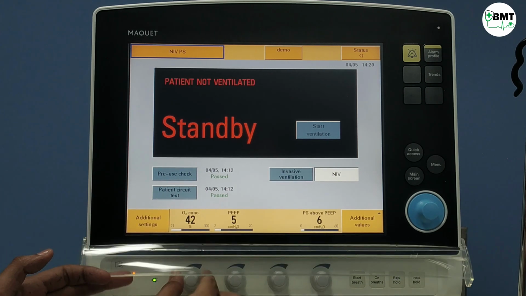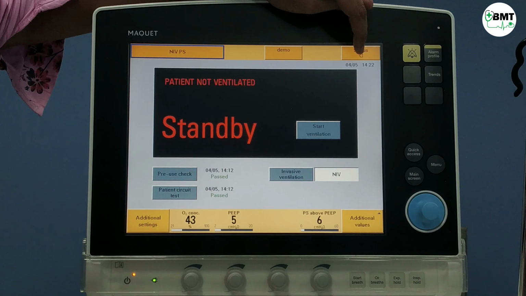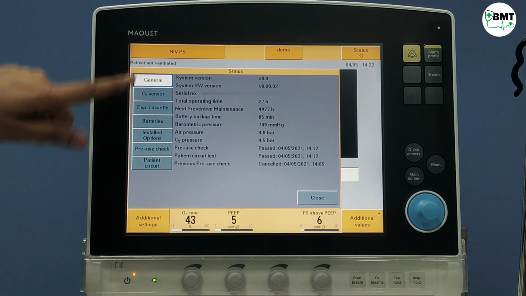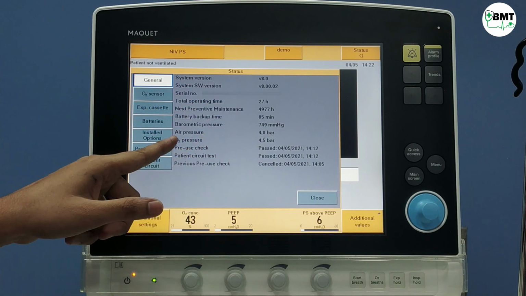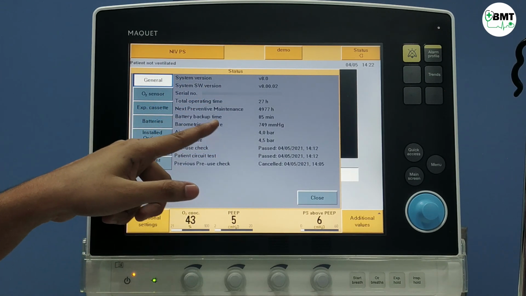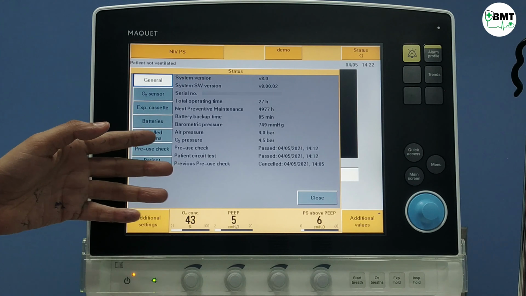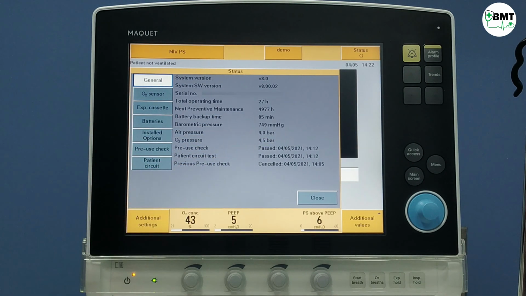Then acknowledge. This is the status bar. You can see over here, just press. You can see the general information in this, like the serial number of this ventilator, then when preventive maintenance is scheduled, then battery backup time, air pressure, O2 pressure, then whether the pre-use check was passed or failed, and whether the pre-use check before this was passed or skipped.